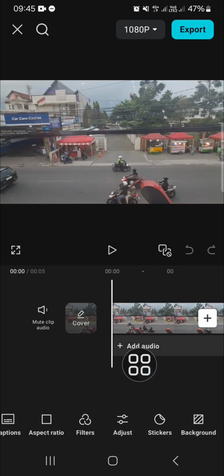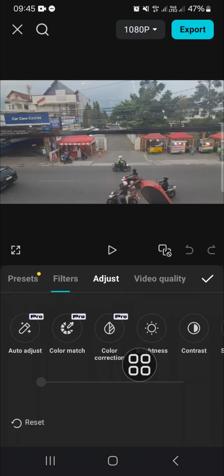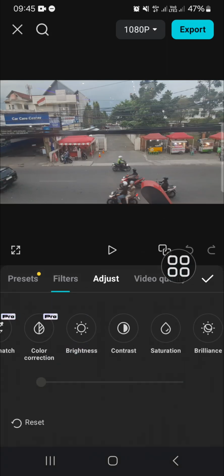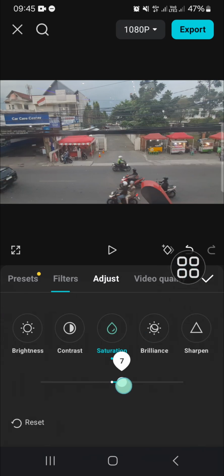Tap on the adjust menu right here, and then I'm going to adjust the saturation first. I'm gonna tap on the saturation and I'm going to increase it. Okay, I'm going to make it 50, and then if we want to adjust the hue, we can scroll all